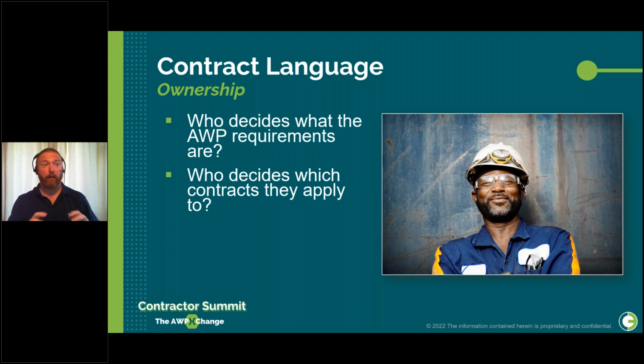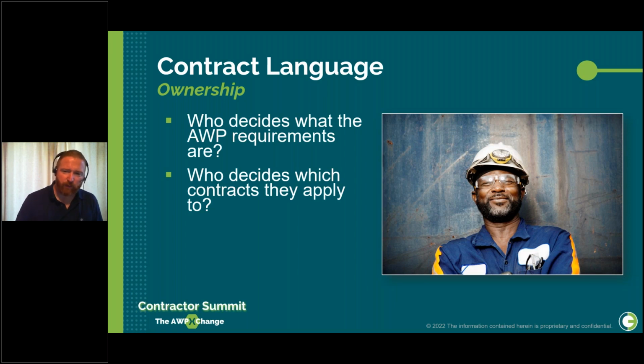You know, any owner is going to say, we expect a total recordable incident rate of 0, hopefully, in order to work on this contract. We expect AWP to be used. We expect you to perform this amount of non-destructive examination on the pieces of pipe. All of this should be specifications and details directly built into the conditions that the owner sets. Now, for projects that are done on an EPC basis, where the owner is delegating their responsibility to a third party, that EPC or EPCM might be the one to insist on AWP and stipulate the requirements, especially because they tend to have ownership of it throughout multiple phases of the project.